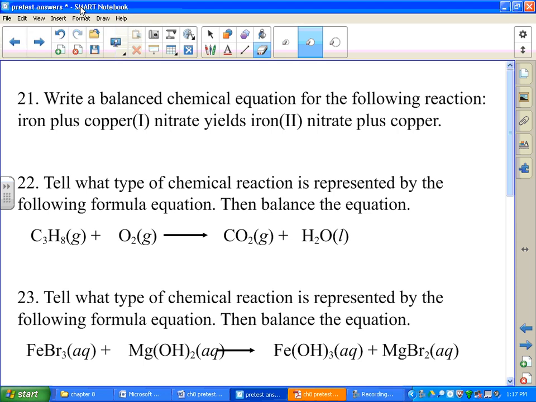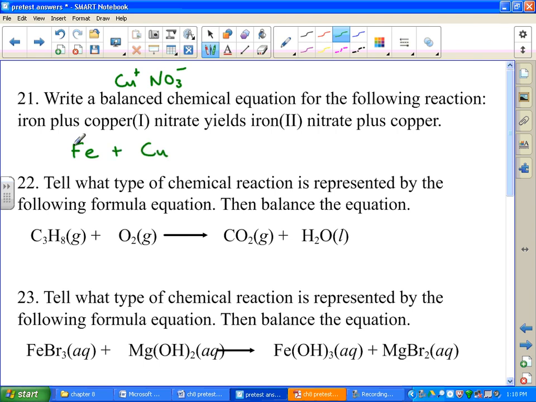Okay, let's go over the free response portion of the Chapter 8 test. Write a balanced chemical equation for the following reaction. Iron plus copper 1 nitrate yields iron 2 nitrate plus copper. So that's going to be iron, that's Fe, plus copper 1 nitrate. Remember, copper 1 is Cu plus, nitrate is NO3 minus, so copper 1 nitrate is going to be